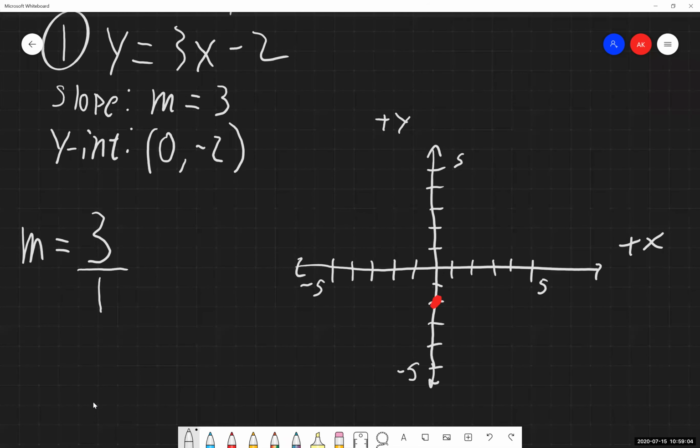So now, referencing our slopes, our two ways of writing the slope, the rise over the run, or the change in y over the change in x, now I'm going to count up, or count vertically, and I'm going to count horizontally based on what my slope values are. So what that looks like, our slope is 3, or 3 over 1. What is the sign attached to each of those? Well, for the 3, that's our rise, or our change in y, and it's a positive number. So it means I'm going to go up by 3.